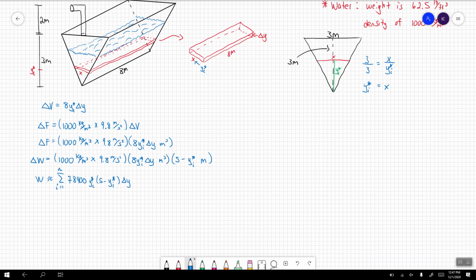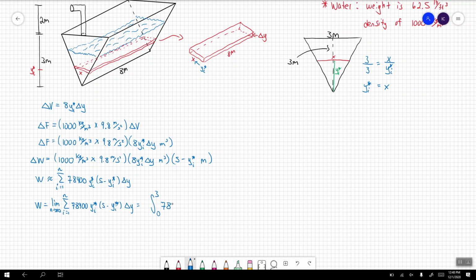But again, we don't want the work to be approximated for this overall length. So what we're going to do is subdivide this interval infinitely. But in doing so, we now arrive at the Riemann sum. The Riemann sum, again, the interval that we're subdividing is not the interval for the 5 meters, but the interval is only where the water exists, and that's at the height of 3 meters, which means we're integrating from 0 to 3,